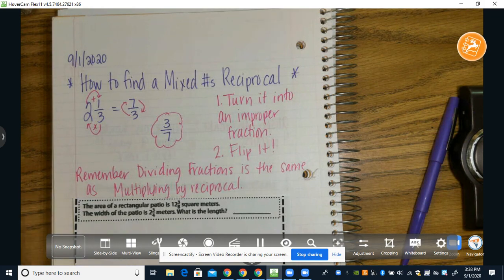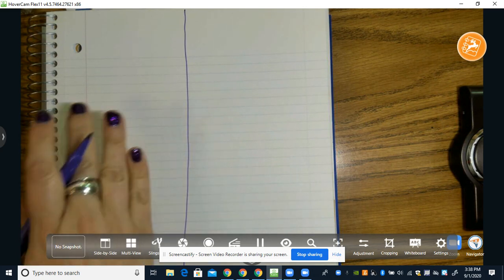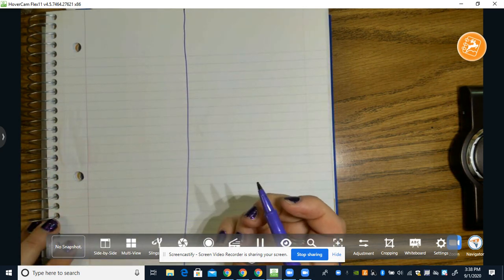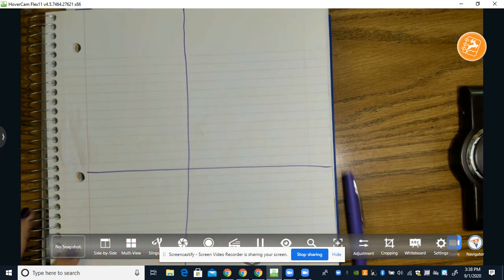So we're going to do some practice real quick because our notes didn't give us a whole lot of practice. So we're going to divide our page into quarters. You're going to make a vertical line, splitting it, like the prime meridian, splitting it in half. And then you're going to make a horizontal line, making it look like the equator. So once you have it in 4 sections,